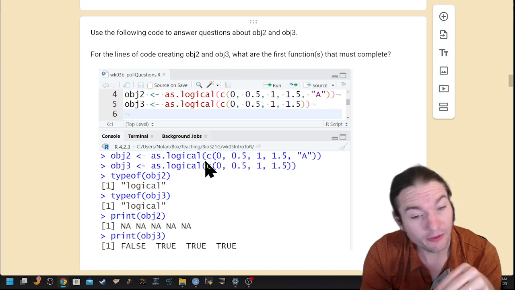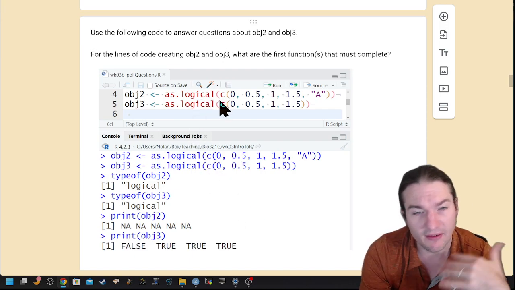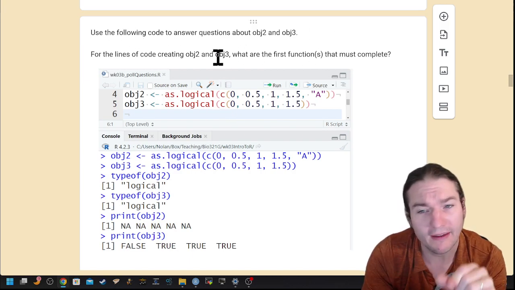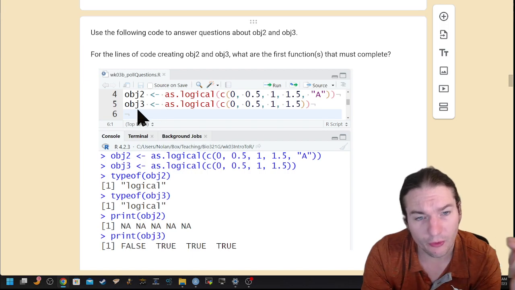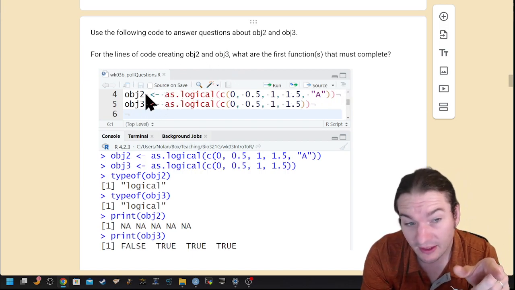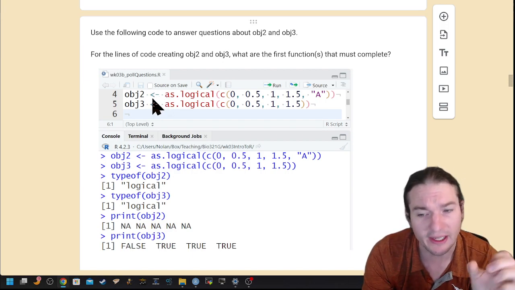That's not actually what this question's asking. It's the answer to the next question. But that gives us kind of the idea that's happening here. I ask you, what function must complete first? And so if I try to read through here, what are the functions? Well, technically this symbol all together, not one or the other. It has to be together like this.